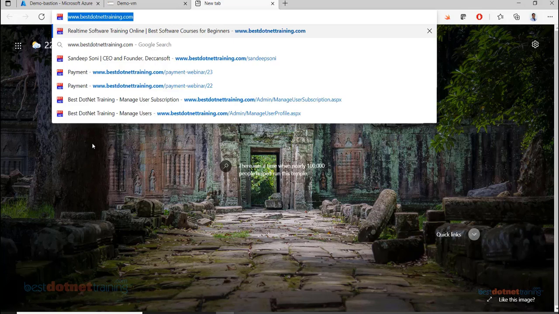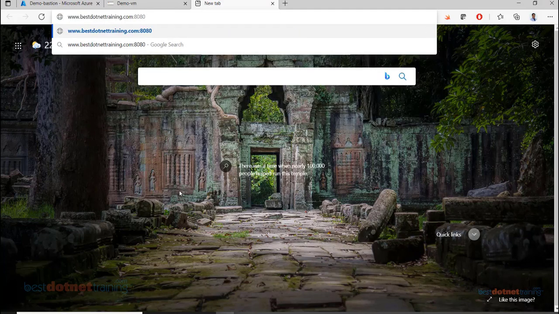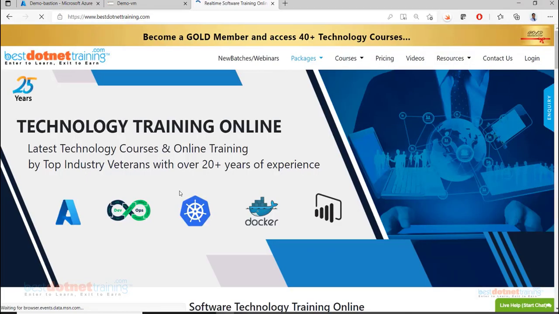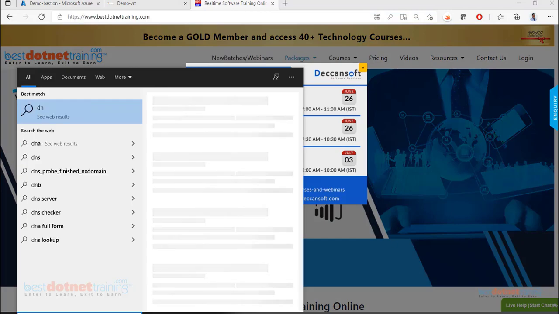And then on my machine, a socket will be created using the local IP address of my machine and some random port number. And a request is sent to the IP address of best.nettraining.com and port number 80. If I give some other port number here, a request would be sent to that port number. But when we don't give any port number, by default, remember it's 80. So yes, we are using a name. Internally from the name, the browser is getting the IP. From where? The DNS. So go to the DNS server.